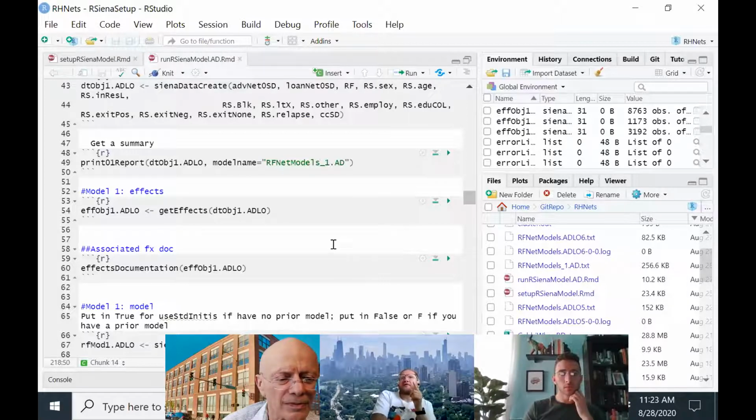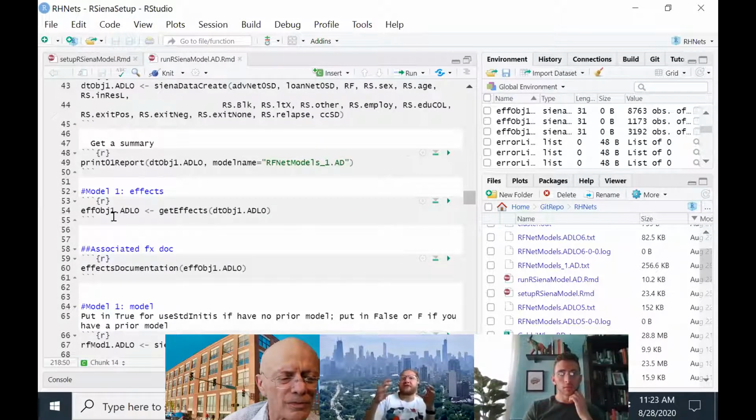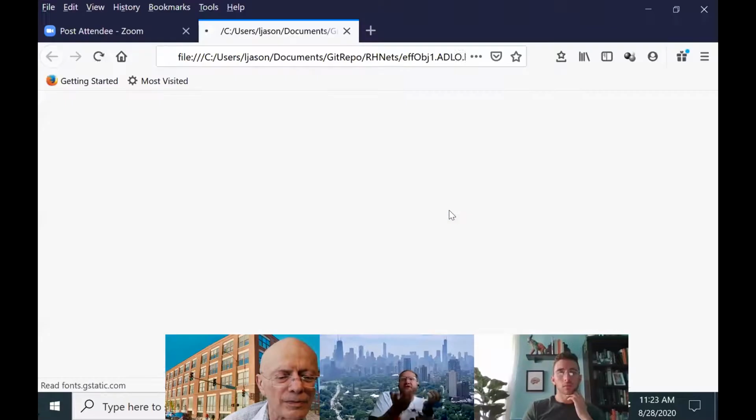The effects, well, first the one on line 43 created a data object, like you said, with all the fixed covariates in there, and then the effects object takes their interactions and puts them into one file. So then it creates something that shows you all the effects of it. And if you wanted to, you could run line 60 there, and it'll come up as a separate document on your browser to show you exactly what